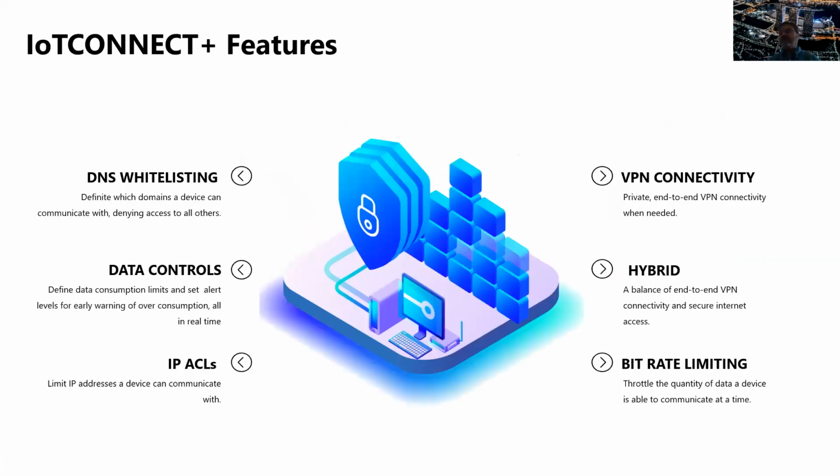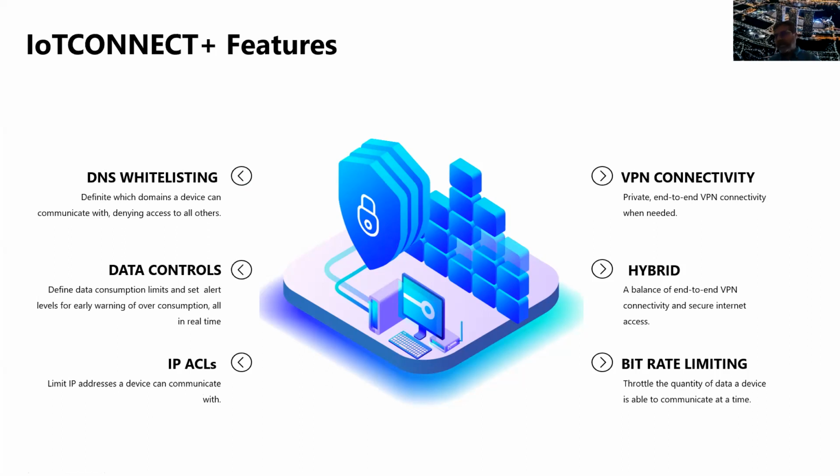What are some of the key features there? Again, I talked about IP access lists, right? You basically say where this device needs to talk to, and you can control that. Of course, there are deployments where they want to do DNS whitelisting. So you say, I don't want to do an IP access list, I want to do it just on a domain name basis. You can do that, deciding which domains this device will talk to. So you can configure that.